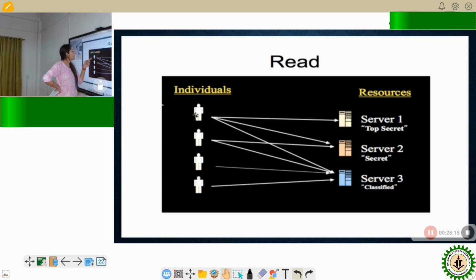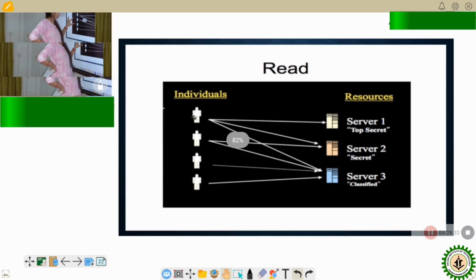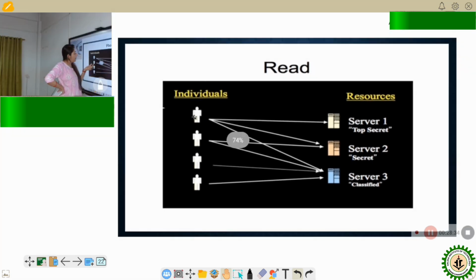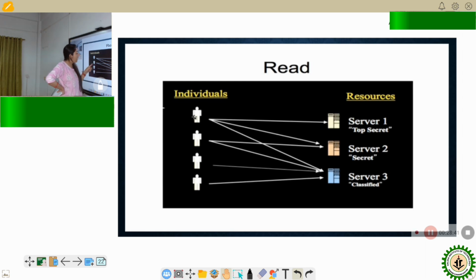So the person having top secret clearance, if he has the requisite need to know, will be able to access all these three types of information. Whereas if you consider this person as having, say, a secret level of clearance, then he'll only be able to access secret information, and if he has the proper need to know, then he'll be able to access classified information as well.